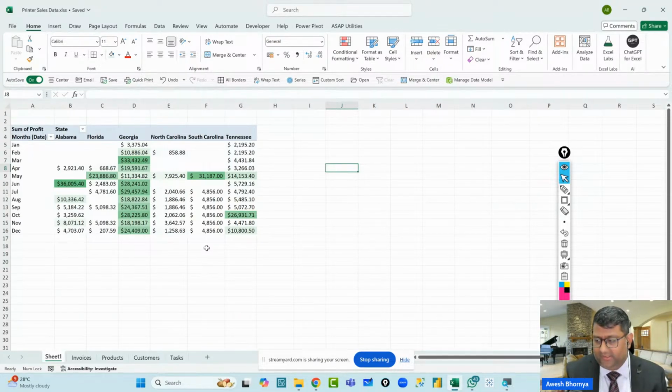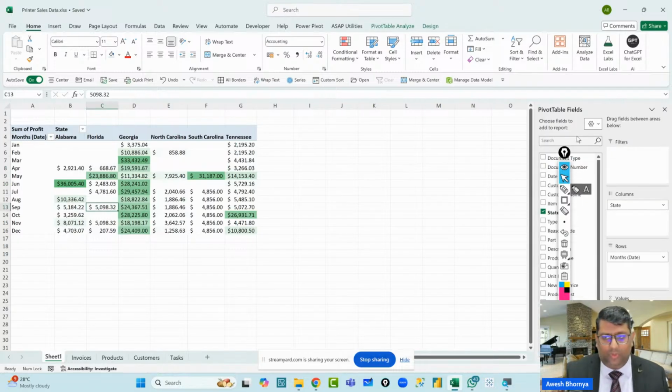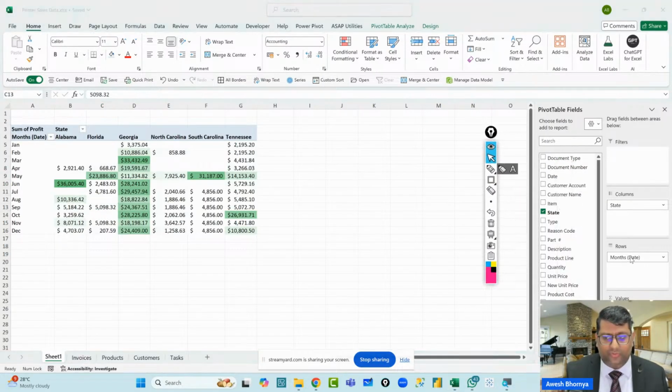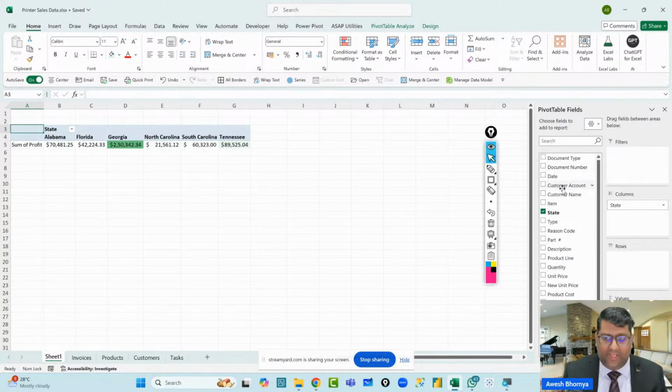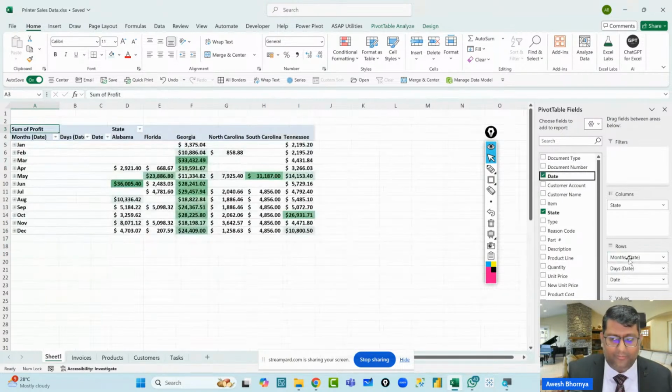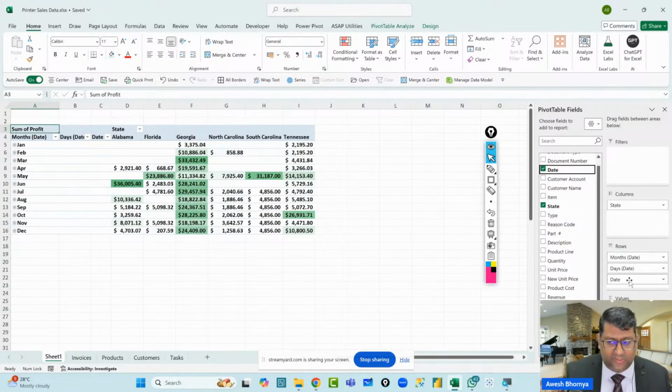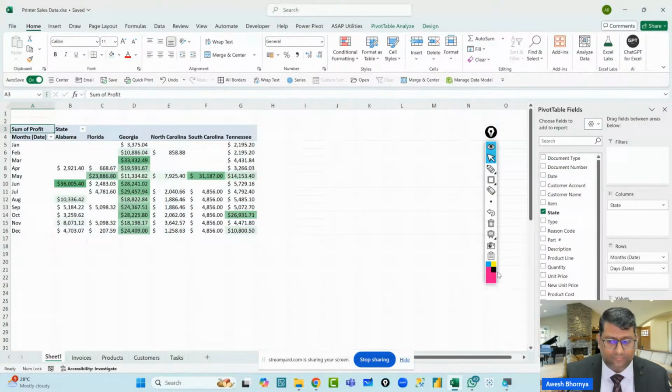Okay, so you like this trick? Okay, I'll explain the date part again, Afza. Let me just show it to you. So for the date part, what I actually did is I used my date column. I dragged the date into the rows area. And when I drag the date into the rows area, you can see you've got month, days, and date. We just remove everything except for month.